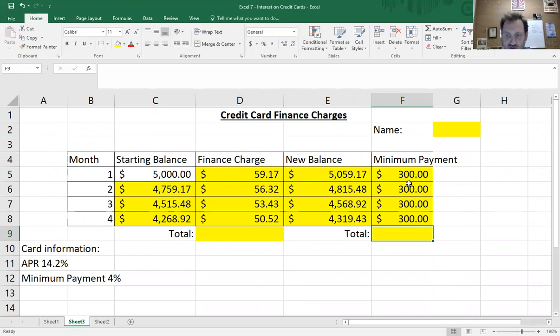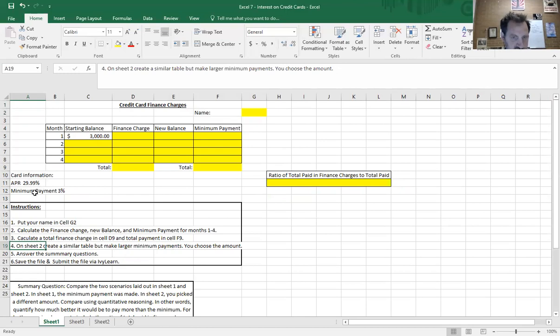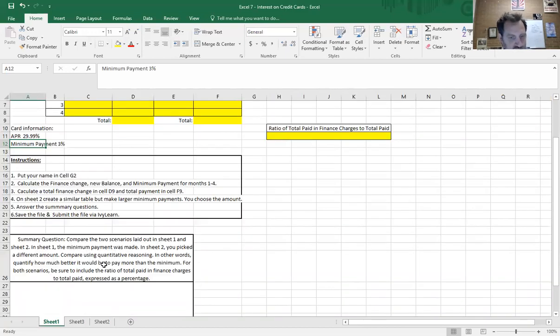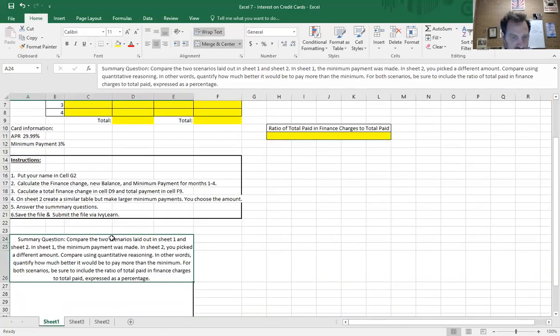So you can choose a percentage that's higher than the 3%, which it is in the initial one, or you can just choose a hard number. But make sure you do it for all of them. Then in your summary question, it says generally compare the scenarios, but then it says very specifically